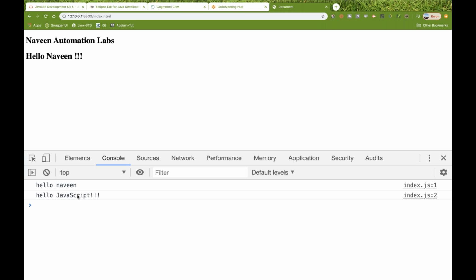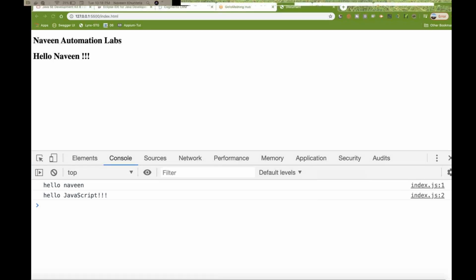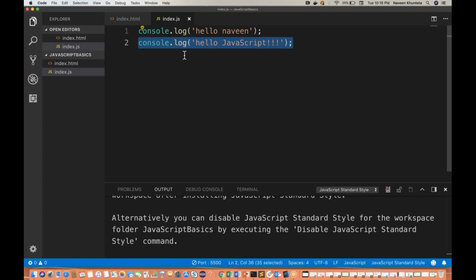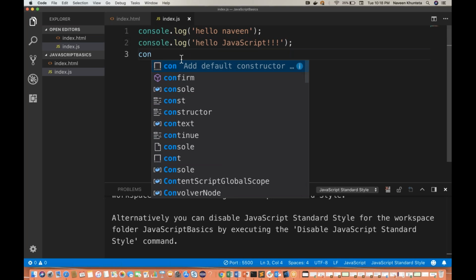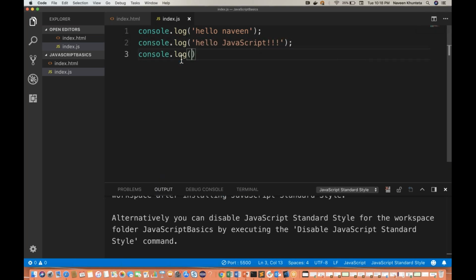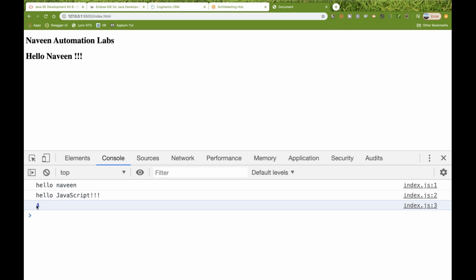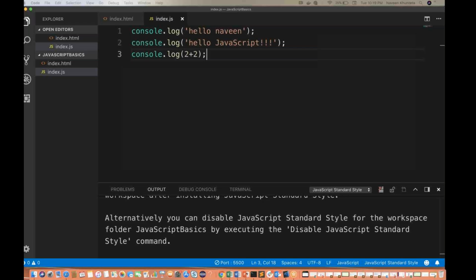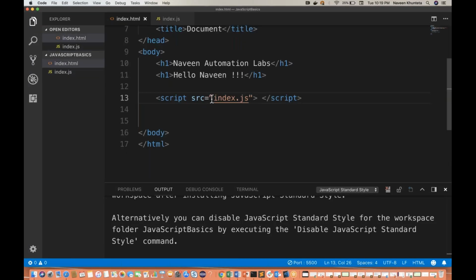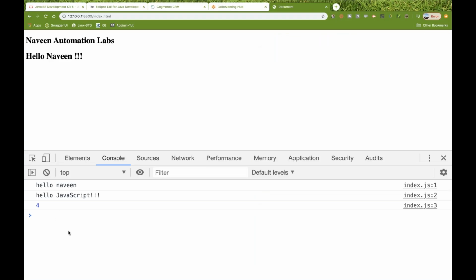Same thing, hello Naveen and hello JavaScript is getting printed. Tomorrow if you write some other JavaScript code over here, let's say I simply write console.log, 2 plus 2, you save it, and you can see 2 plus 2, 4 is coming over here inside the console, right? So my web server is running, my HTML tags are getting displayed over here, and I can see my JavaScript code also running like this. So what exactly I have done in index.html is I have given the source, saying pick the JavaScript from here, and then execute it on my browser inside the console through the JavaScript engine,